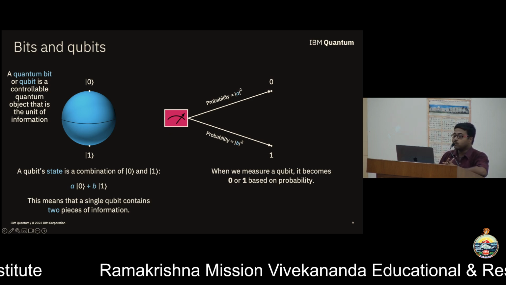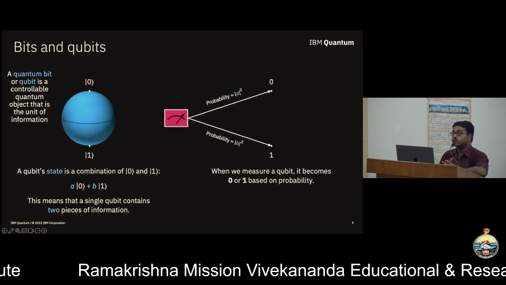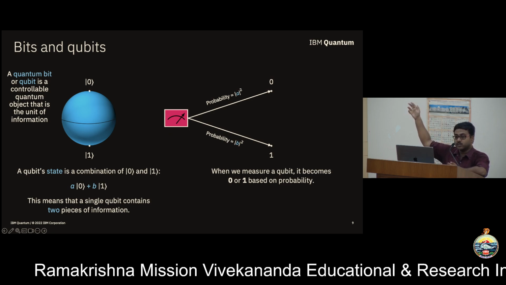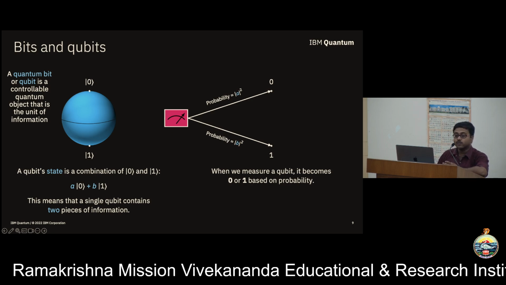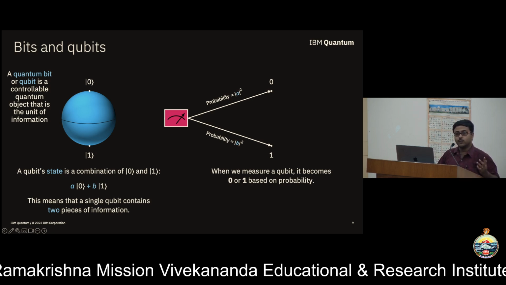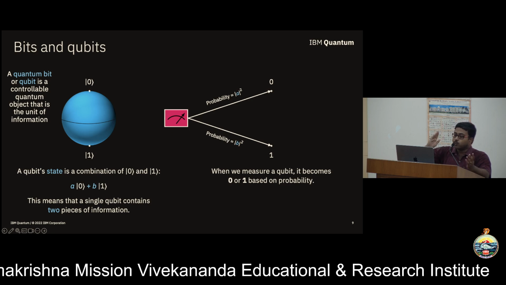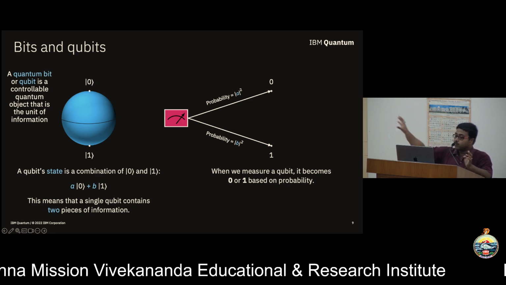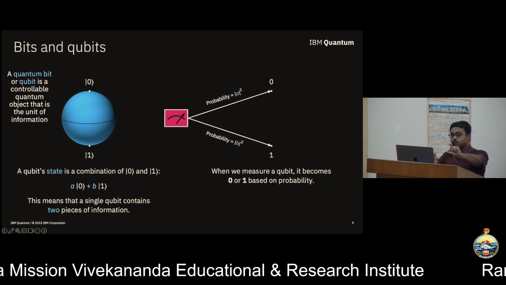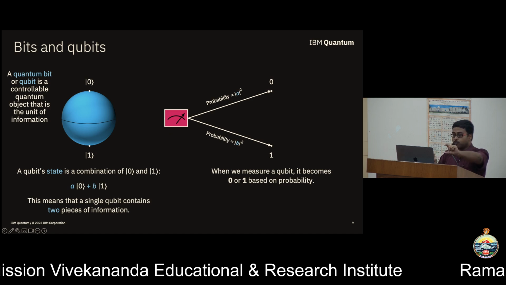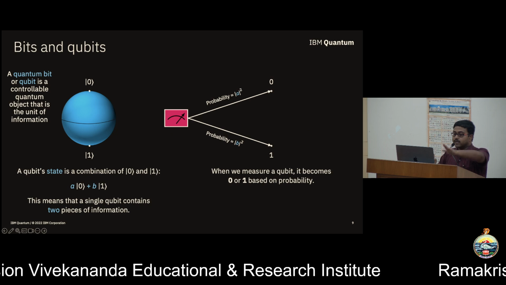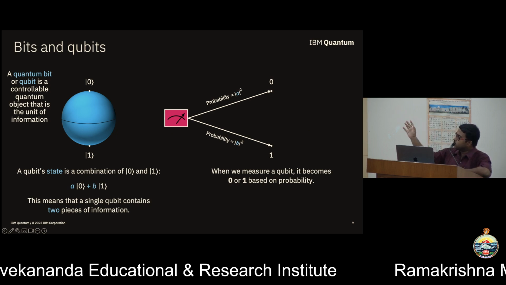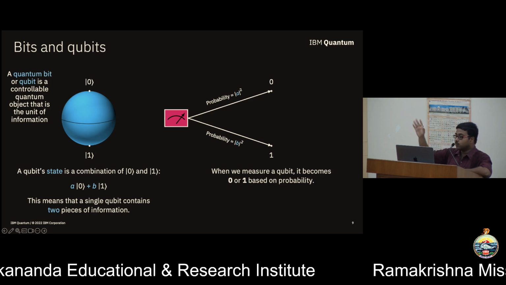When we think of quantum mechanics, people come and say that, okay, it's a probabilistic thing and all of those things. It is only the measurement that is probabilistic. Those of you who are from physics, you know that it's just a differential equation. There is nothing probabilistic there. The probability comes in the measurement. But yeah, you can think of it that way, that the coin will not really remain on the edge forever. It will drop, and the direction it drops, there is a probability associated with it. So we measure and we get 0 or 1 with some probability.